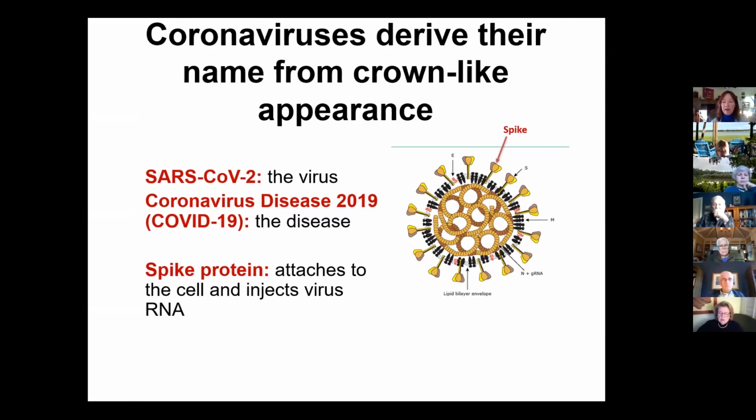On the outside of that is the RNA, which I call messenger because it carries a message on how to make more virus particles. On the outside of that is a protein lipid coat that has one protein in particular I want to mention, and that's the spike protein. The spike protein is the important one because it attaches to the cell, and it's important in injecting the virus's RNA. It's also interesting that every one of the companies that are seeking authorization for a vaccine in the United States focus on the spike protein. That's critically important in creating an infection.